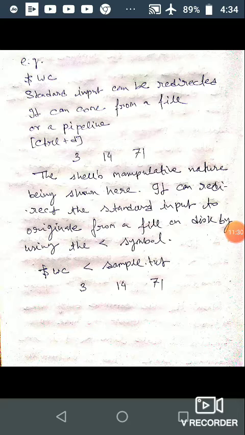So it gives you three types of count: the line count, the word count and the character count. In this way we have demonstrated an example.